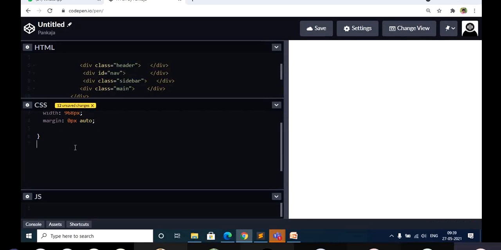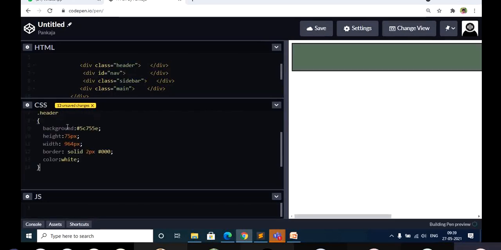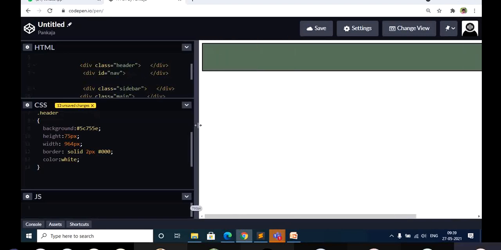Now I am adding the header CSS, where I have given the background color, height, width, and a solid border. The color is white, so if I write any font here, it is going to change the color to white. So that is about the header part.